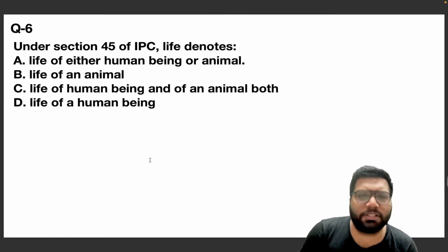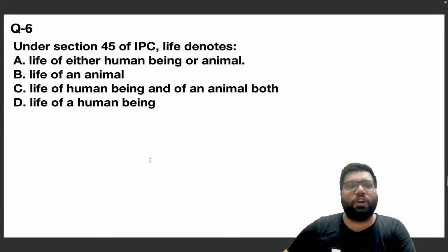Next, under section 45 of IPC, life denotes